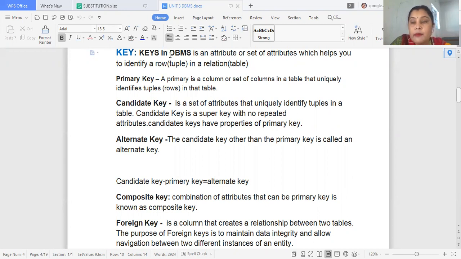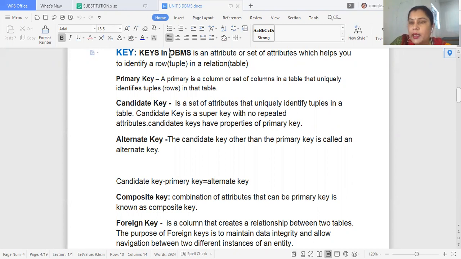Now, key means the column or set of columns of a table. It is used to identify the tuples of a relation. Different types of keys are: number one, primary key.